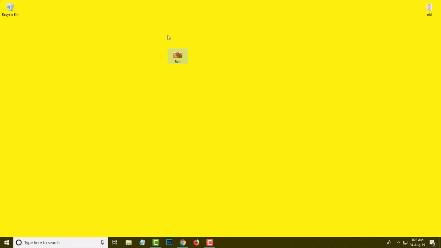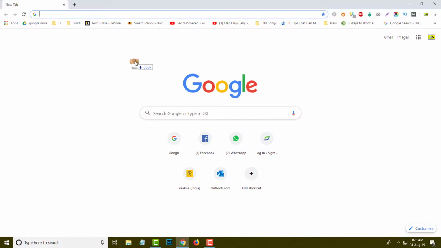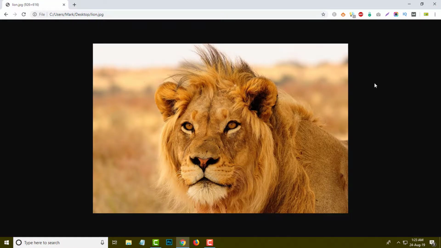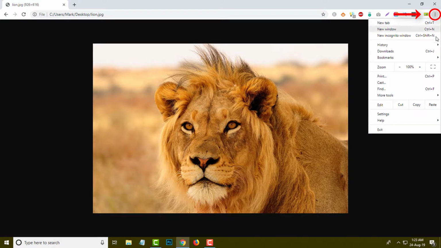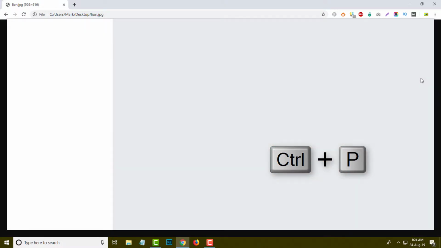And this is a JPG file, and here I want to save this JPG file into PDF format. So what I will do, simply select this JPG file and drag it over here into your Google Chrome. So friend, you can see this image is open in your browser. So simply just click on this three dots icon and click over here on print, or you may use the keyboard shortcut Ctrl P, and